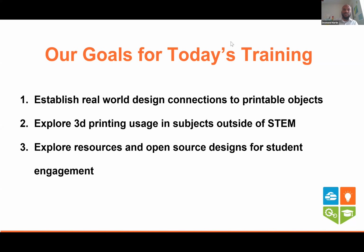printable. The second thing we want to do is get away from the more STEMmy technical perspective of 3D printing and think about ways that we can use 3D printing outside of STEM fields. There's amazing opportunities in the liberal arts, in what is traditionally considered social studies, what's traditionally considered soft sciences. We want to think about ways that our students are able to use 3D design and 3D printing in those